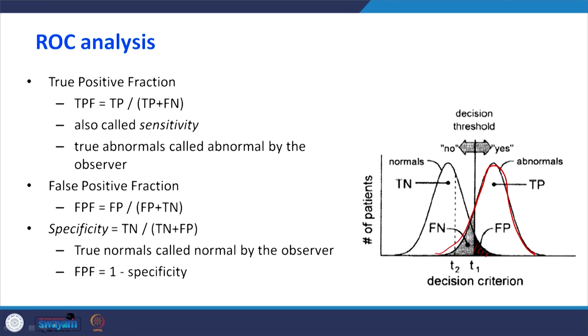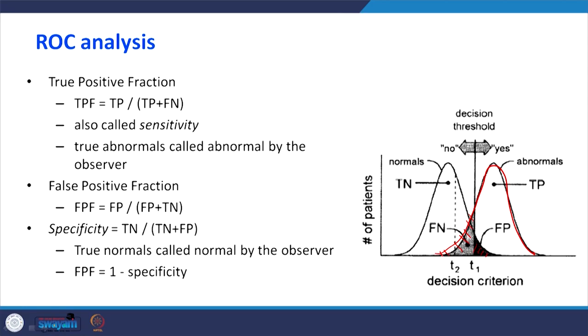Now this is the decision threshold. There is another choice: whoever is on the left-hand side, we are going to say true negative. In the true negative side there are some people who belong to the positive side, but they are also lying on the negative side. So we are going to give a report of false negative. What is a false negative? Even though they have the disease, we say that you do not have the disease.